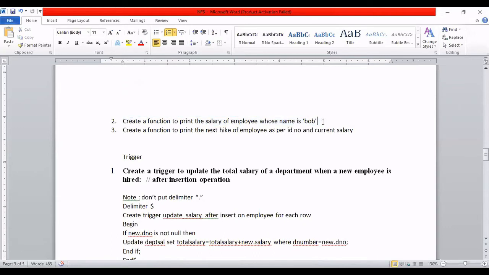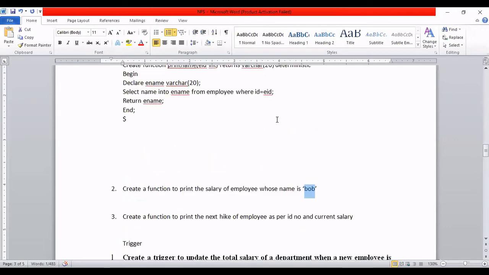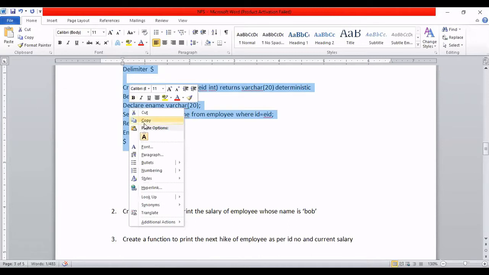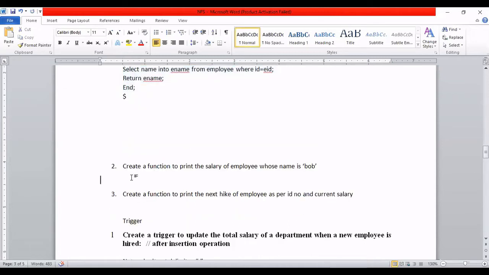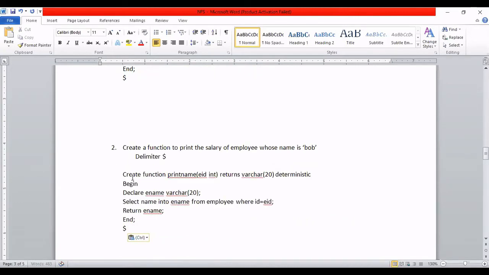So how can I write? Here it is asking salary. It is specified the name. It means you need to pass Bob, or because the name is mentioned here, no need to pass Bob. In that query you directly write Bob. So here I can simply modify the first one. I'm copying this, you can change here, copy. Now for this second function, what will I write? The same thing, completely the same thing. Only change the query.